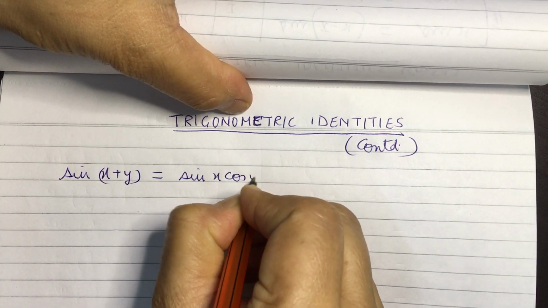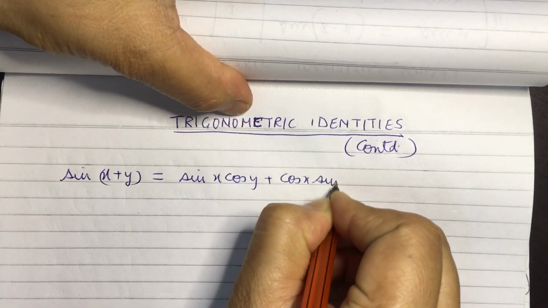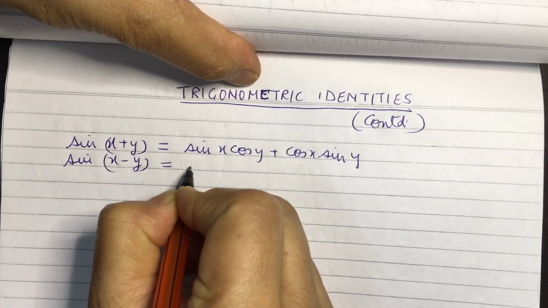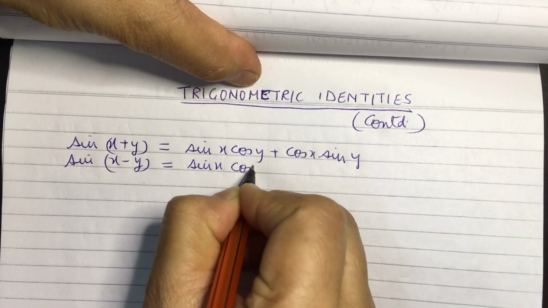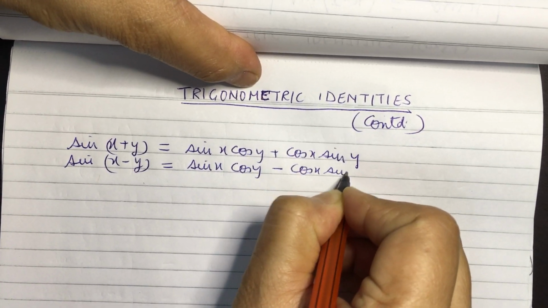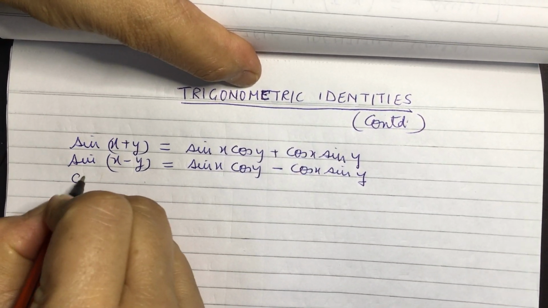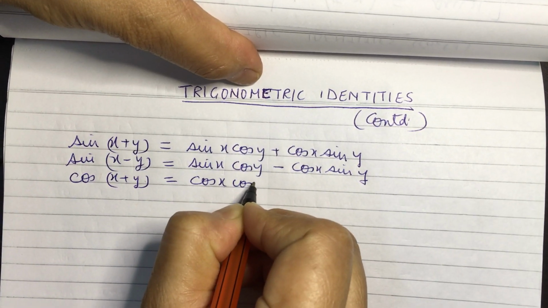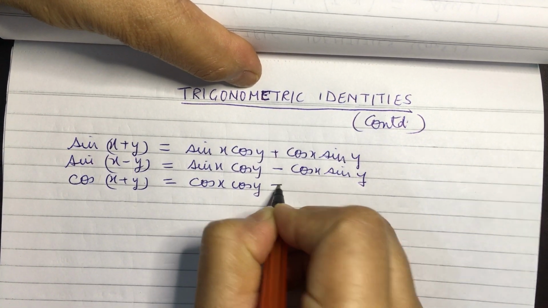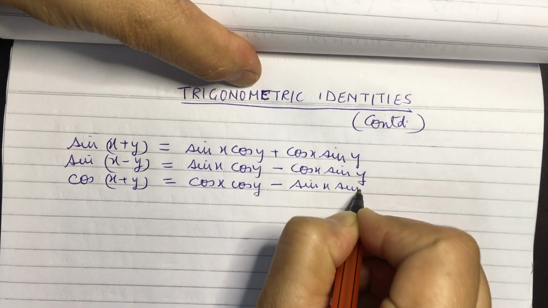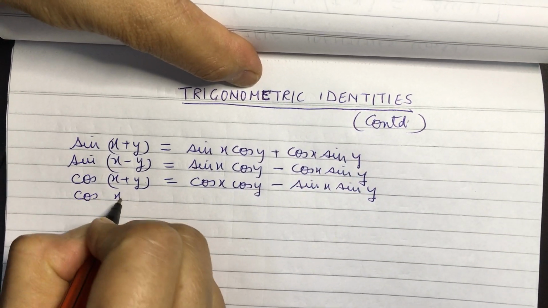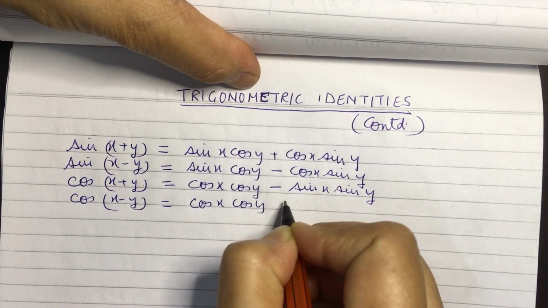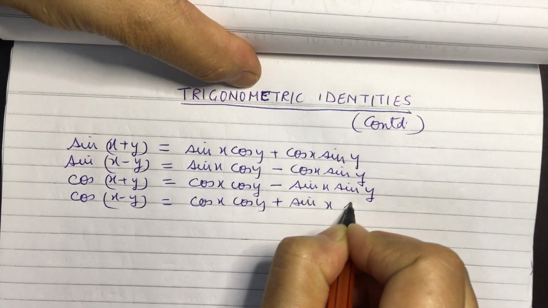sin x cos y plus cos x sin y, sin(x−y) equal to sin x cos y minus cos x sin y, cos(x+y) is equal to cos x cos y minus sin x sin y, and cos(x−y) is equal to cos x cos y plus sin x